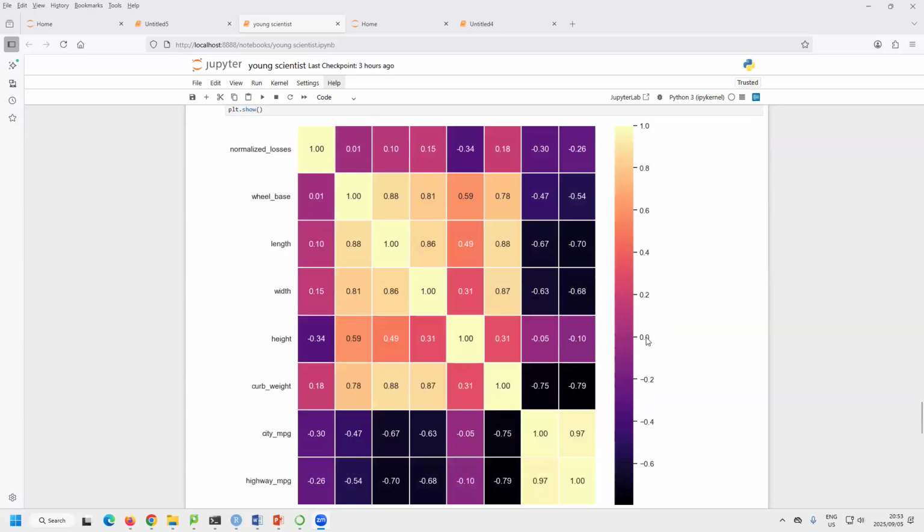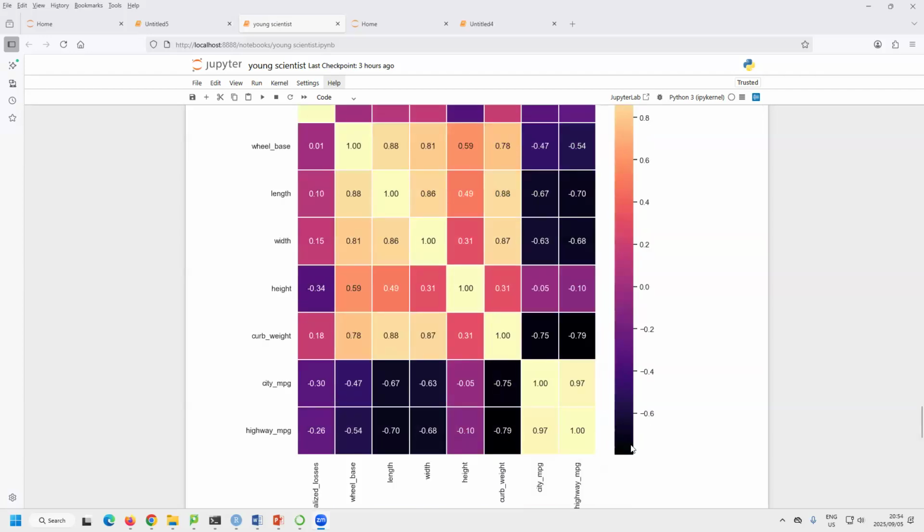So this is 0. Everything here is positive. So watch carefully. Everything here is positive. So the yellow, I'm not very good with colors, so please pardon me. But everything from here all the way here is positive. The moment you go down, it's negative. So the dark one is a negative relationship